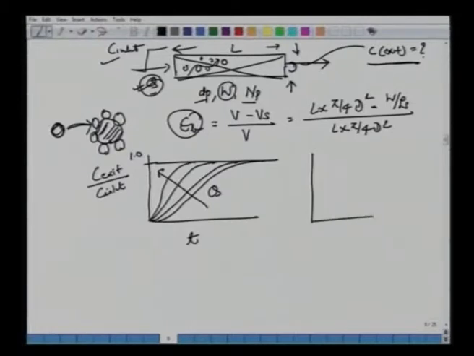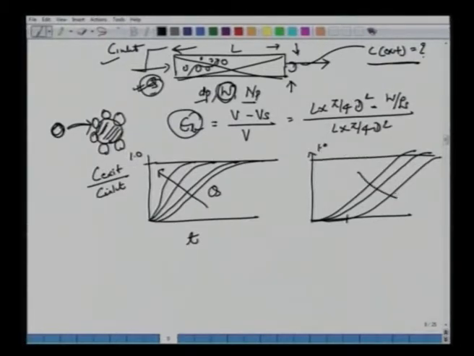Similarly, what happens if we have a response and now we increase W, the amount of adsorbent, keeping the liquid or gas flow rate the same? In that case, you should expect that the response will now be delayed, because a larger amount of adsorbent is going to adsorb a lot, so the exit concentration at the outlet will rise later. So this is 1 here, and this would be W. Similarly, one can do a lot of exercises here if we know how to solve the set of equations which we are going to put here. Okay. So let's start with this.